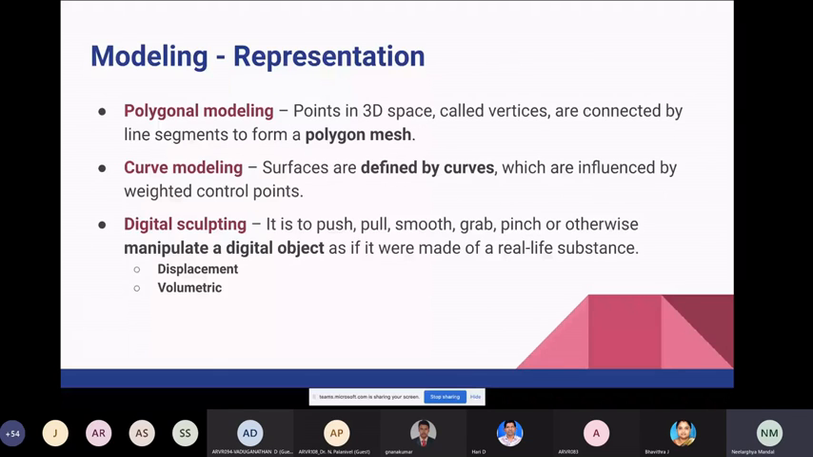So to go a bit deeper with representation, there are three major types of representations. Polygonal representation, which means that the model itself is divided into smaller polygons, which consist of line segments, which are defined by two vertices to form a 3D mesh. Similarly, we have curve modeling, in which each surface is defined not by the polygons that construct that surface, but by a singular point at the center of the surface and with some weighted control points which influence the